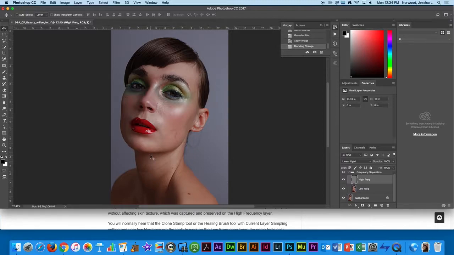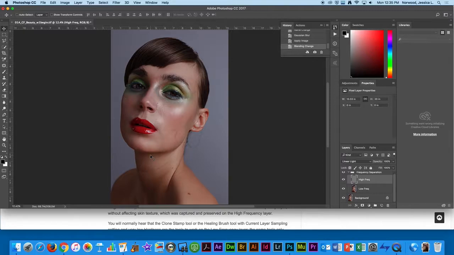So up until this point, this can be an action. You can create an action that duplicates the background layer twice, renames it, does the blur, does the apply image, and puts it into a folder if you want a folder. Up until this point, this is all action, automation worthy. Beyond this point is very specific to the image itself. So now is when we get to start using the brush, the clone stamp, the patch tool, all of our retouch